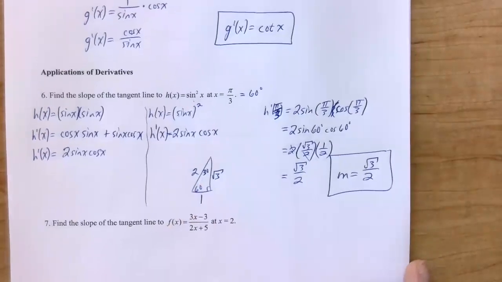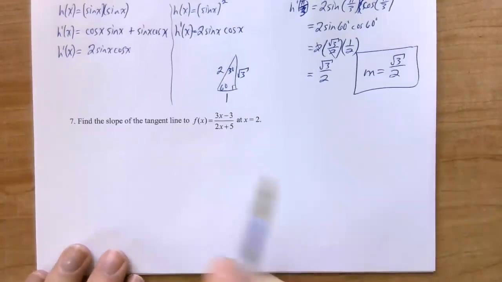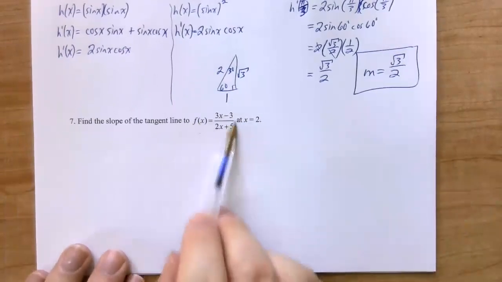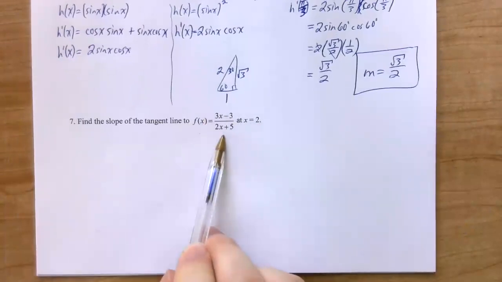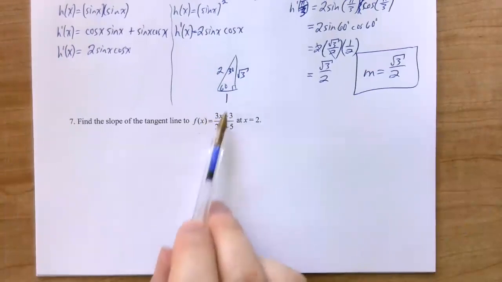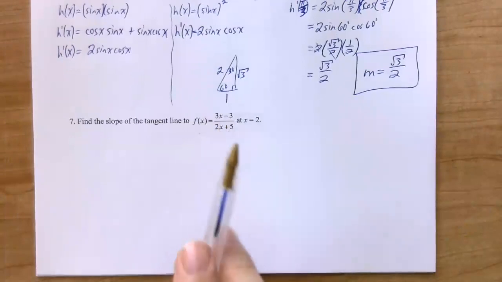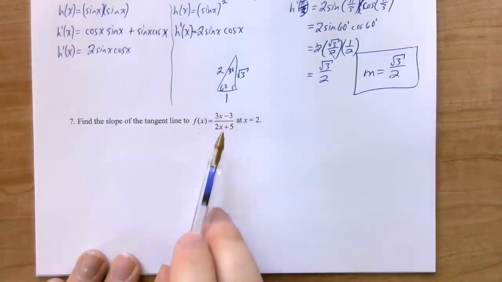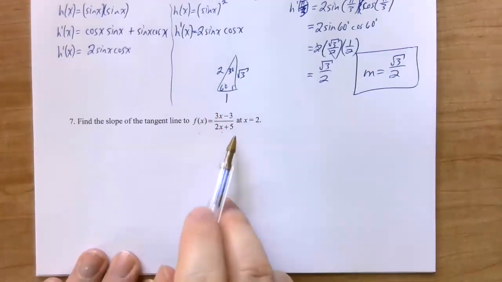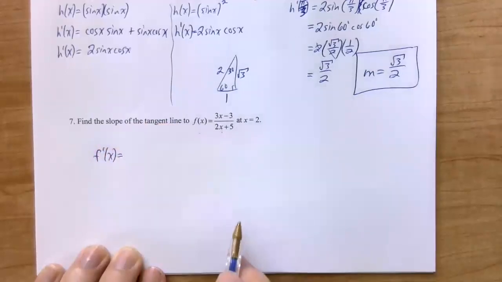All right. Number 7, find the slope of the tangent line to this function right here, which is a rational function, at x equals 2. So now we actually have a rule to find the derivative of a quotient, or of a rational expression. We have a quotient of two polynomials. So we're going to look back at the front side of our sheet to see the quotient rule. It says the bottom times the derivative of the top minus the top times the derivative of the bottom, all